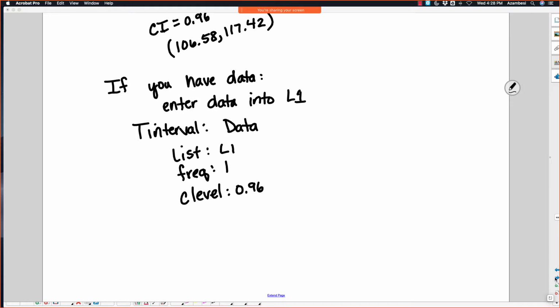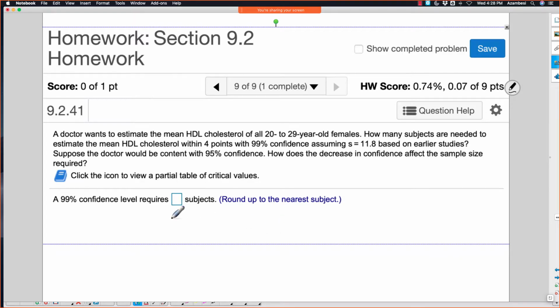All right, so a sample size. If a doctor wants to estimate the cholesterol level of 20 to 29-year-old females, how many subjects are needed to estimate the mean cholesterol level within 4 points with a 99% confidence, assuming the standard deviation is 11.8? And then if we're looking for that, our sample size is equal to,